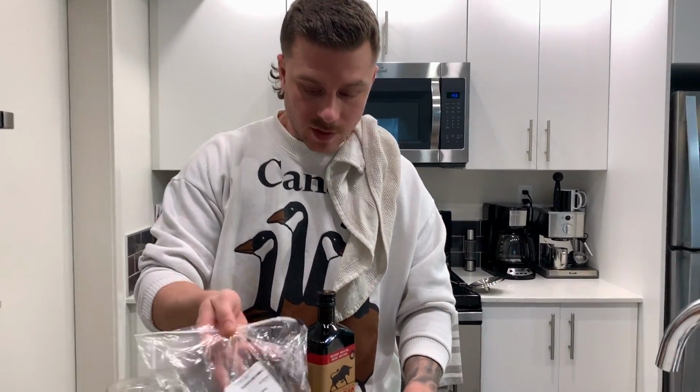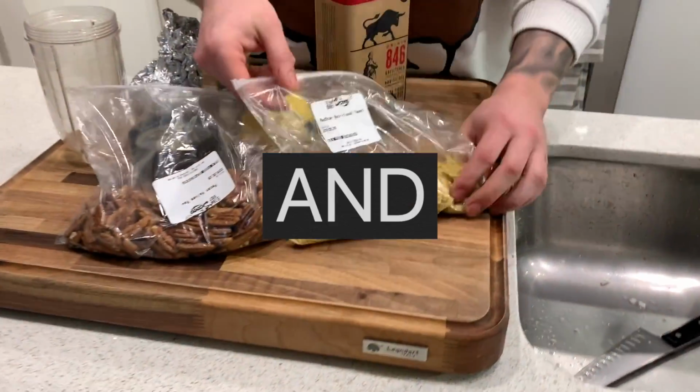Okay, so now we're gonna go ahead and make the roasted pecan nutritional yeast dressing for our kale accompaniment to this burger. So the kale is gonna bring a green component. Kale, you may or may not know, is super meaty, it's a superfood, it's definitely got an umami taste to it. So we're gonna go ahead, add some roasted pecans, nutritional yeast,